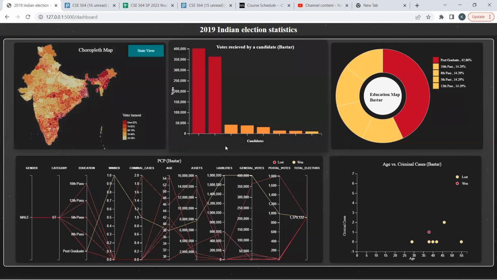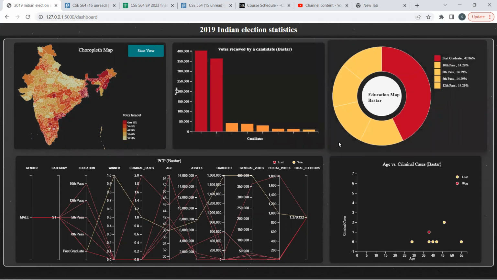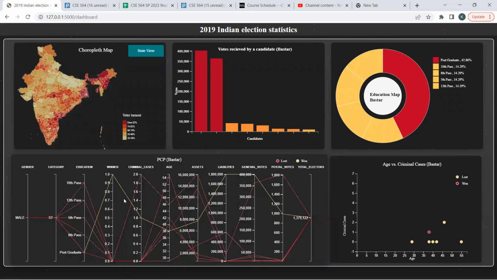If I choose a specific constituency, it will plot a few other graphs. The first one is the votes received by candidate bar chart. This is a bit different compared to the previous bar chart. Here we can see the number of votes received by each candidate in that specific constituency, and the education donut chart represents the education of candidates in this specific constituency. The parallel coordinates plot represents candidates in this specific constituency, and the last one is